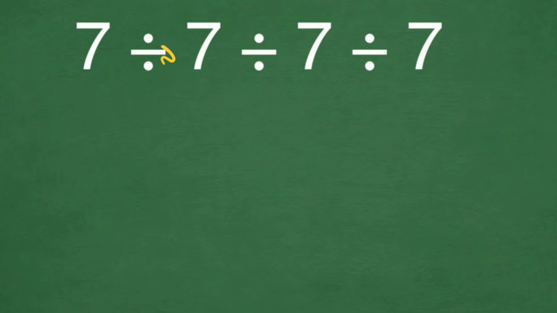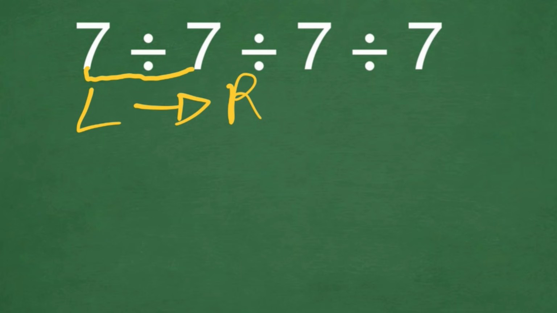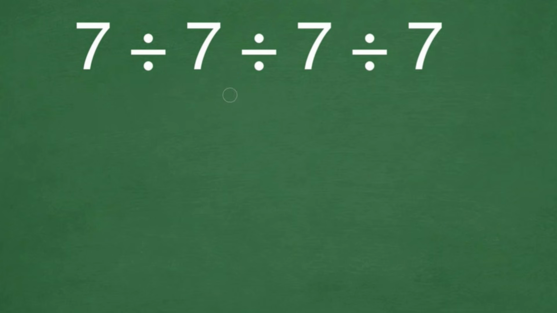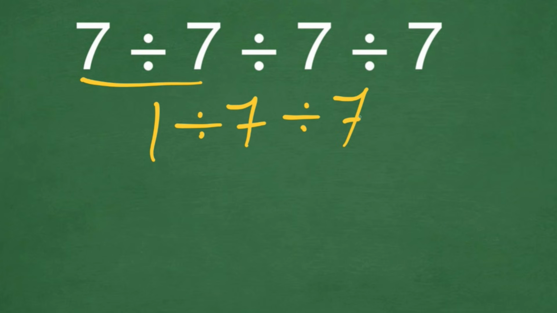this case division, we have to do left to right. So we have to start from 7 here, and we are going to divide 7 by 7, and we are going to continue with the operation. So here we have 7 divided by 7, which gives us 1, and 1 is going to be divided by 7, and again the dividend is going to be divided by 7 once again. So 1 divided by 7 is 1 over 7, and 1 over 7 is going to be divided by 7